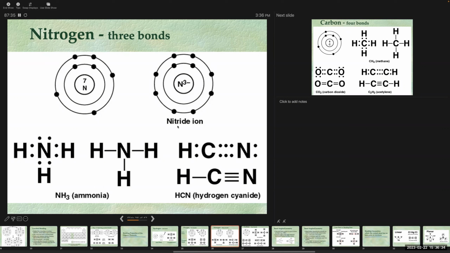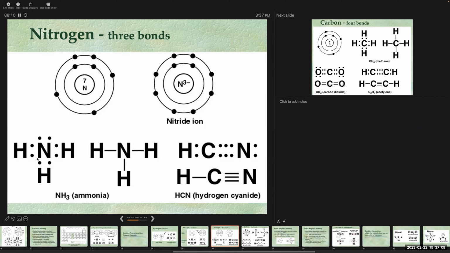There is something called a nitride ion, which is N3 minus. So it has a net charge of -3. But nitrogen also very happily forms covalent bonds as well. So since nitrogen has 5 electrons in its outer shell, it needs to share 3 pairs with other atoms. Either share 1 pair with each of 3 other atoms, which we see here